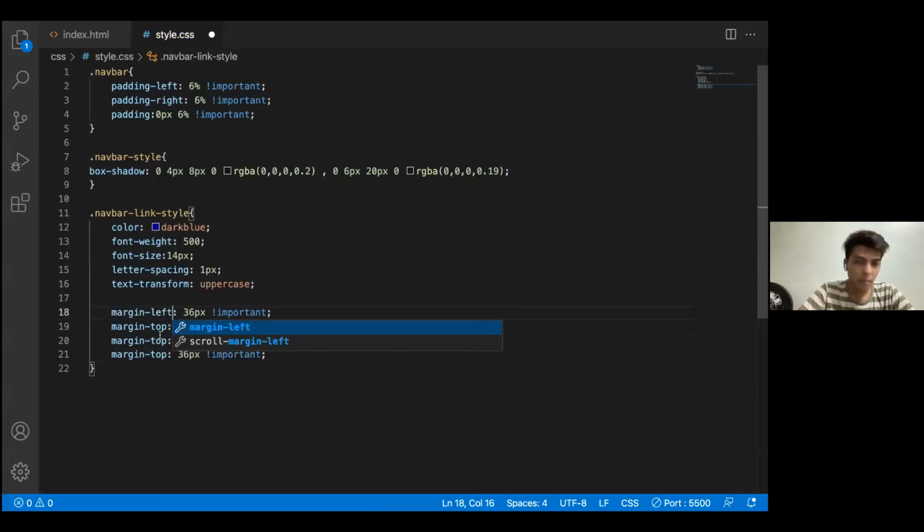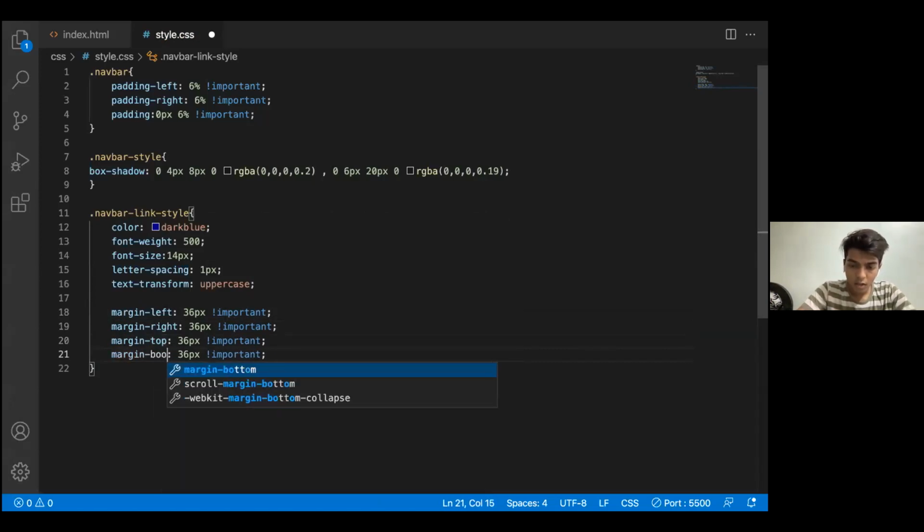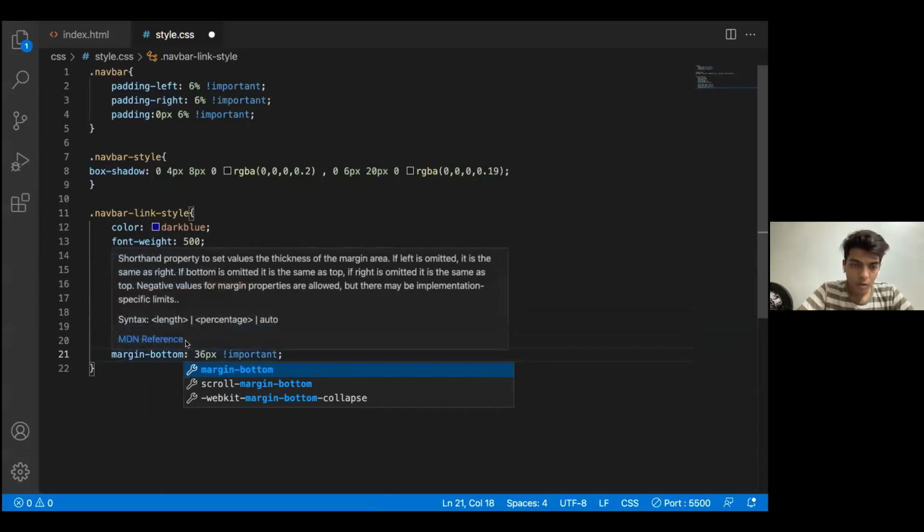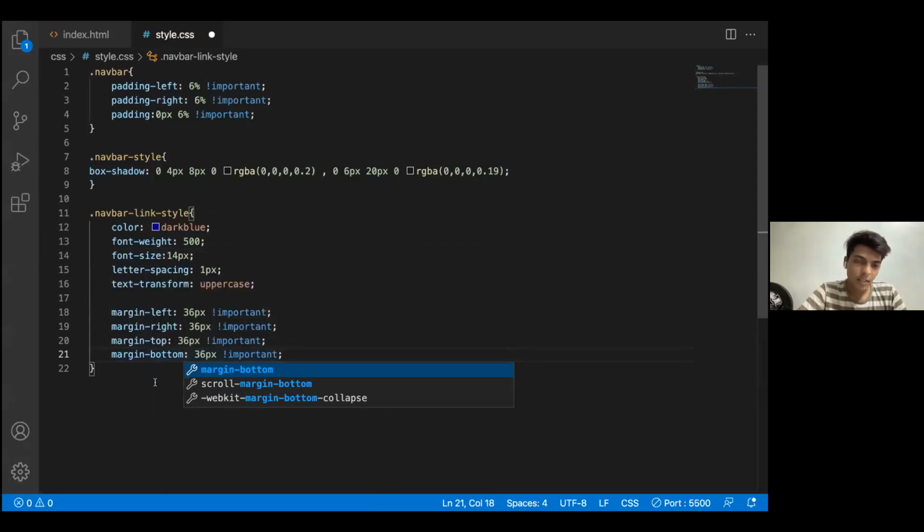So accordingly, margin right would also be 36 pixels. I want this to be margin top and this to be margin bottom. So this should be approximately 10 pixels for top and bottom, and for left and right, I want it to be 36 pixels.